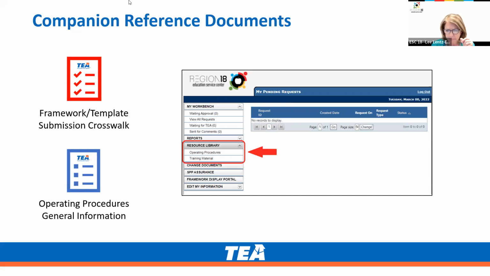Somebody in the questions asked if there's going to be a crosswalk. Yes, there's a crosswalk. And this tells which frameworks should have which hashtag template. If the item is bolded, it requires uploading or linking. If it's not bolded, the template automatically links. The second template reminds us that the deadline is August the 31st, 2022, and it spells out the 5 templates